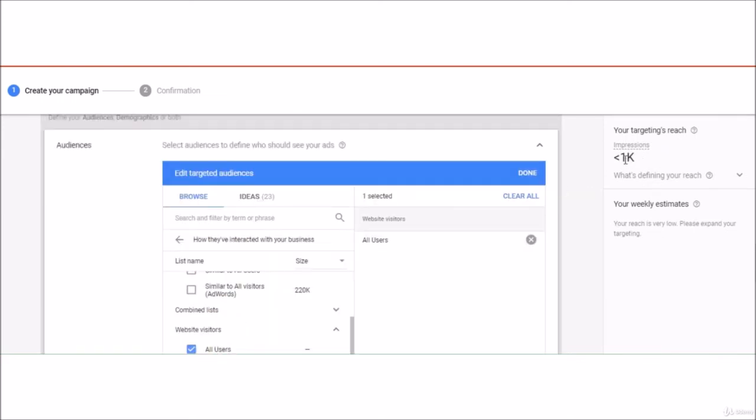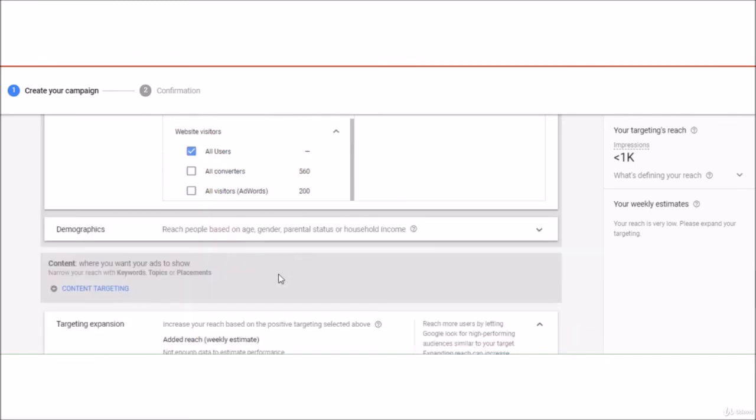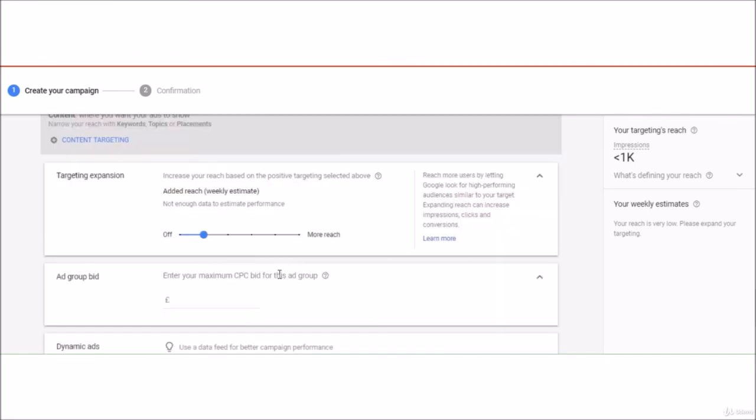You'll see that the target reach isn't that big, depending on how many people visit your website. I mean, if you've had hundreds of thousands of people visit your website since you've been running your campaign, who've clicked on your ads before, then you're going to have a lot bigger reach. So we'll go ahead and leave that there. And then again, we're going to probably turn our targeting expansion off, because we don't really want to expand this. This is just a remarketing campaign, it's not a normal display. And then we can bid slightly higher on this, because we know as they've already visited our site that they're quite